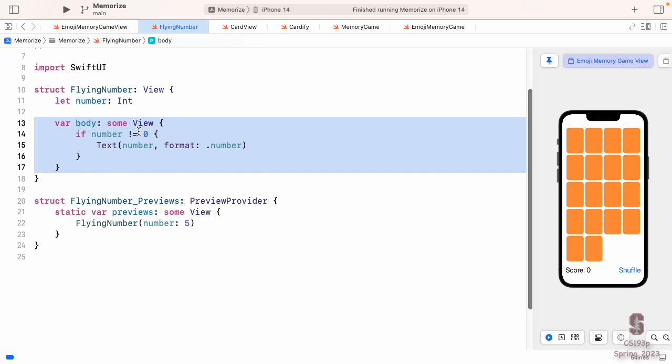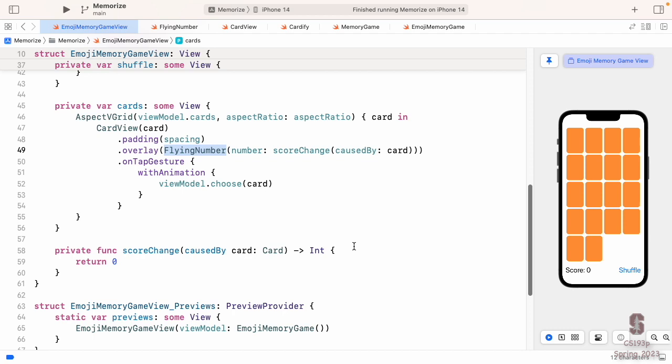Let's hop back to our view and implement this score changed thing. So to do that score change, we have to keep track of what the score change was of the last card we had, which means we have to simultaneously keep track of what the change was the last time we clicked and which card caused it. And whenever we have two things like that we want to keep track of together, one of the data structures we can use in Swift that we haven't shown yet in demo, but you hopefully read about, is a tuple. Let's create a tuple, and in that tuple, we're going to keep track of which card was the last one chosen and the score change that went along with it.